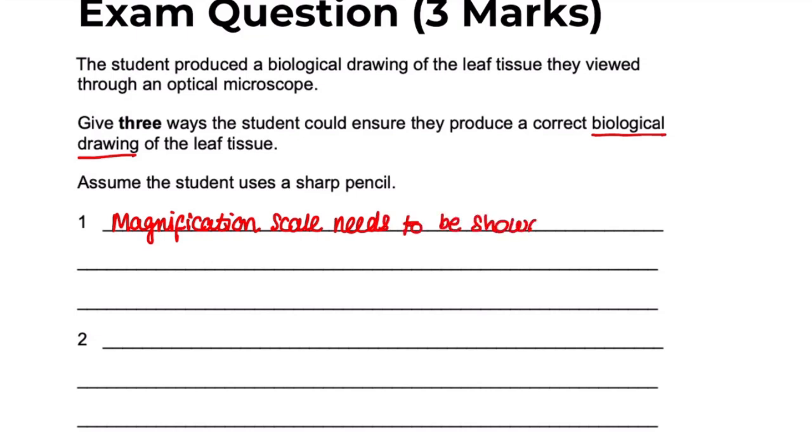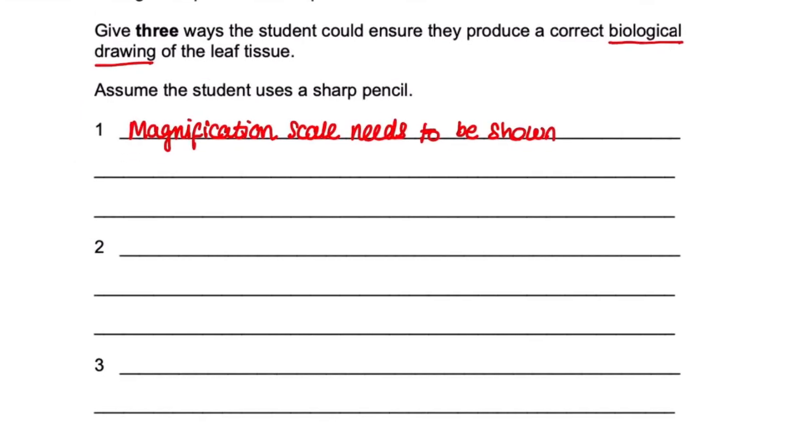Okay, so the first go-to one is the point about magnification. The magnification scale needs to be shown. Secondly, in a biological drawing, you need to know what is what, because nobody can read each other's drawings unless it's really good. So you need to show labels. Okay, so you need to add